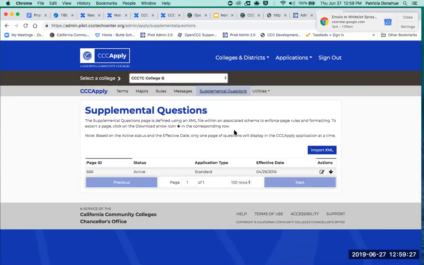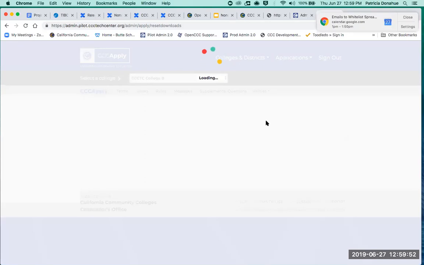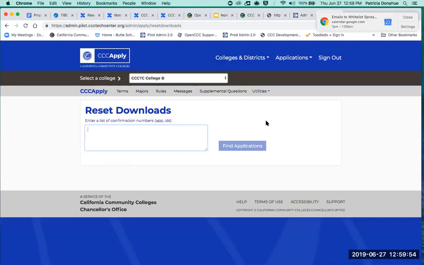Supplemental questions, we touched on this briefly. If you want supplemental questions to appear in your non-credit application, we've got a process all documented for you. You just have to upload a specific XML file for your non-credit questions, even if they're the same as your standard. You have to do one for standard and one for non-credit. And then finally, reset downloads, exactly the same process as